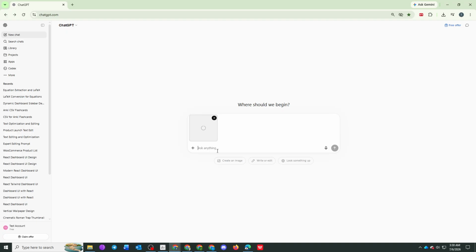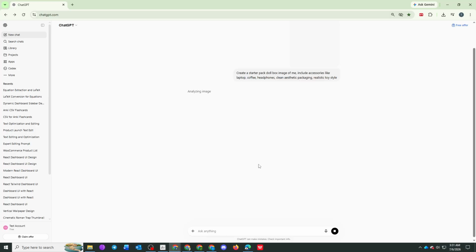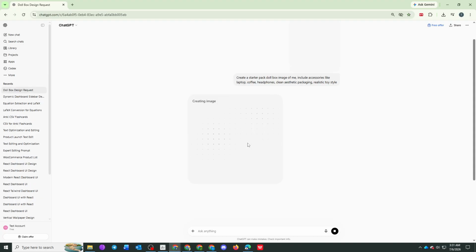In the message box, enter a prompt requesting a starter pack doll box version of yourself. Specify that you'd like a realistic toy-style package with clean, modern packaging and accessories such as a laptop, a coffee cup, and headphones. Including these details gives ChatGPT clear instructions and helps produce an image that closely matches the popular starter pack trend. After you've finished writing the prompt, submit your request and allow ChatGPT a few moments to generate